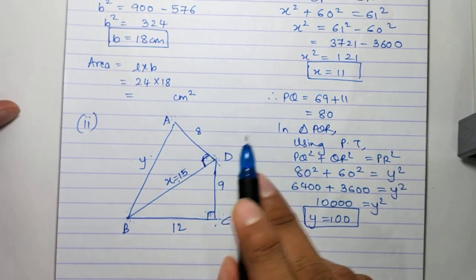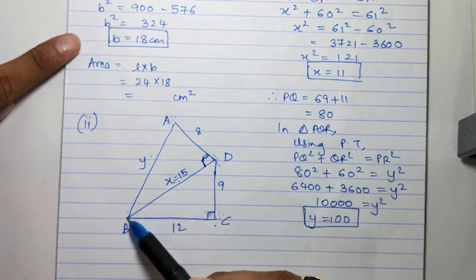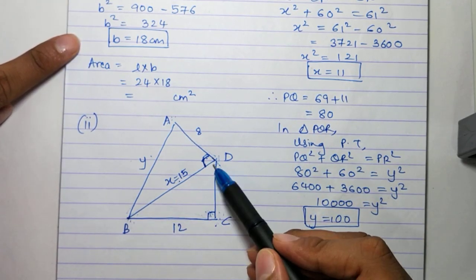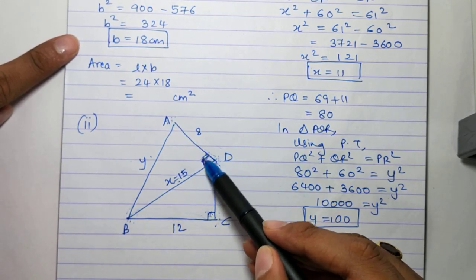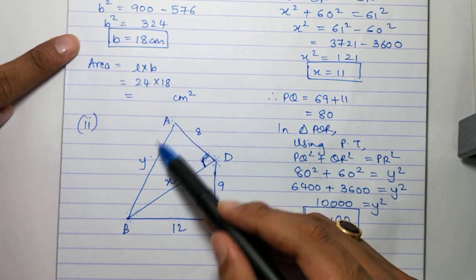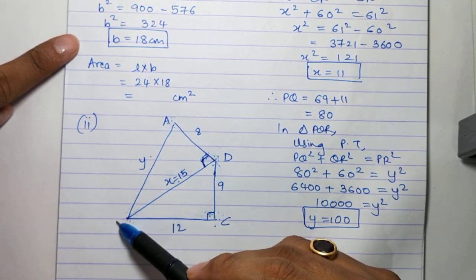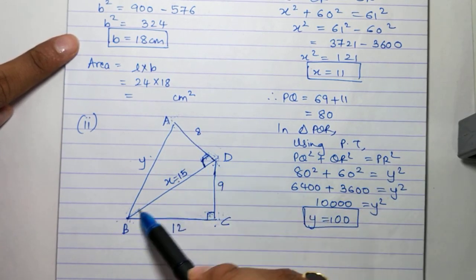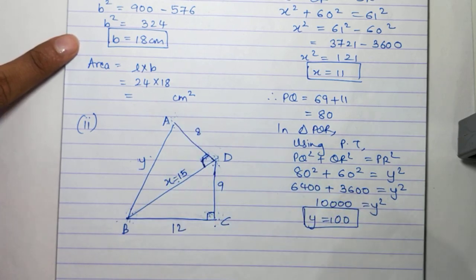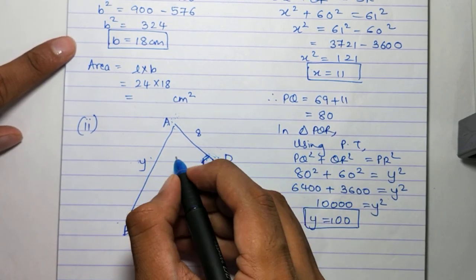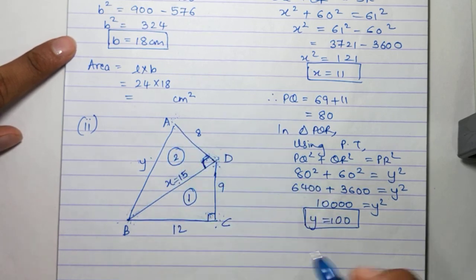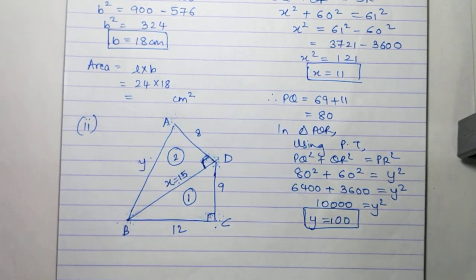See, it is not necessary that the hypotenuse is the same. Like in this triangle, BD was the hypotenuse. But in this triangle, BD is not the hypotenuse, because the 90 degrees is here. So opposite to 90 is this side AB. So in this triangle, AB is the hypotenuse. You will take 8 square plus 15 square equals y square. So the first step is to solve this triangle and find BD. The second step is to solve this triangle and find AB. Complete this sum. Pause the video and complete this sum.